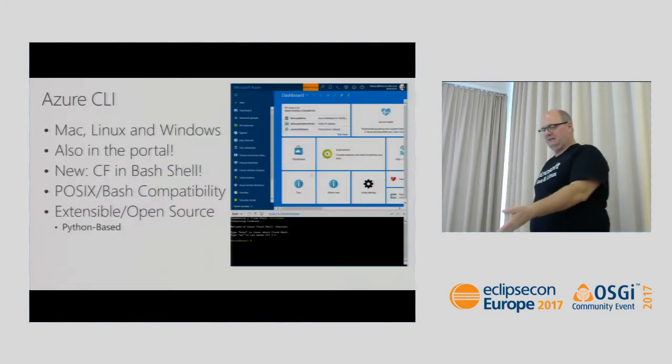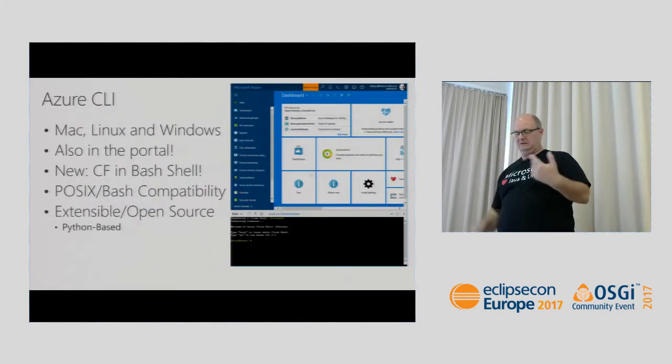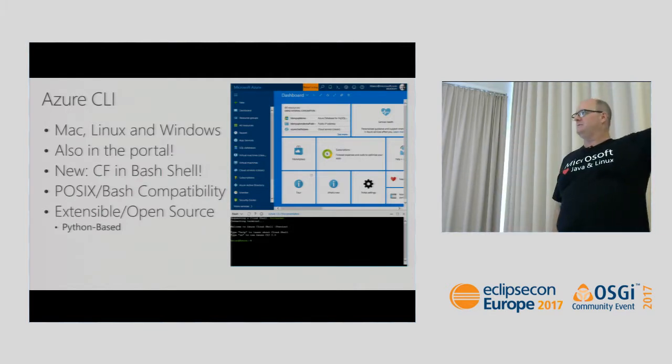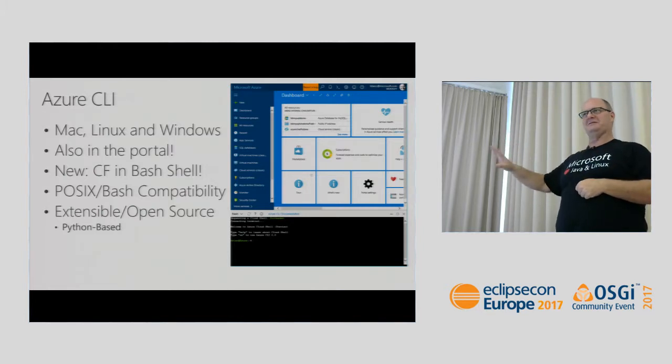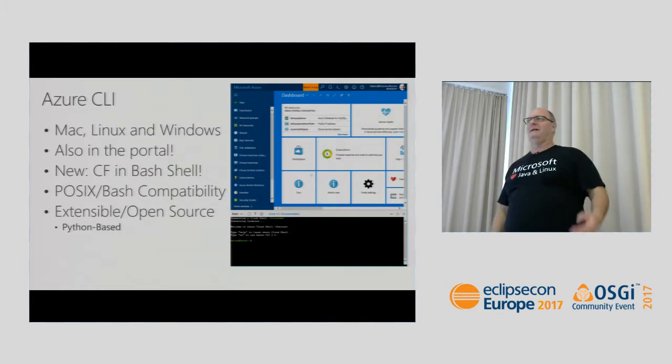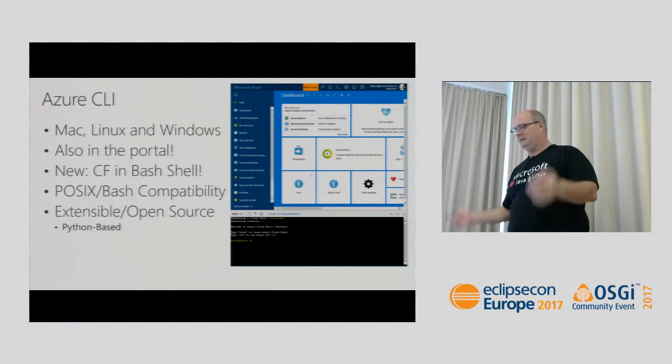So I mentioned the Azure CLI. It's on Windows, Mac, and Linux. It's built in Python and it's open source. You can find it on the web. GitHub is one of the biggest, and Microsoft is one of the biggest contributors now to GitHub. If you look at what they call the State of the Octoverse, which GitHub publishes every year, we were actually the number one contributor to repos this year. All our documentation is written in GitHub